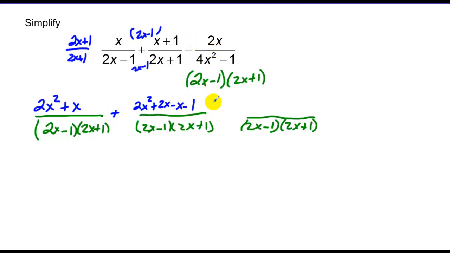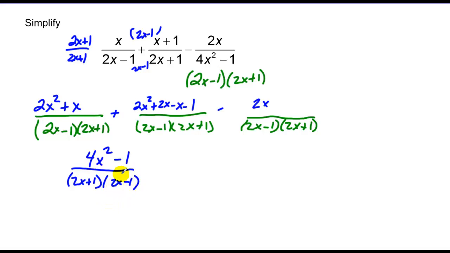And then this doesn't need anything. So once again, let's add like terms. We get 4x squared. There's 1, 3, 2, 0 x's, and minus 1